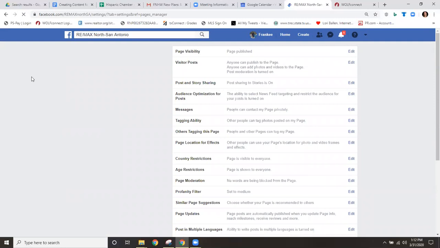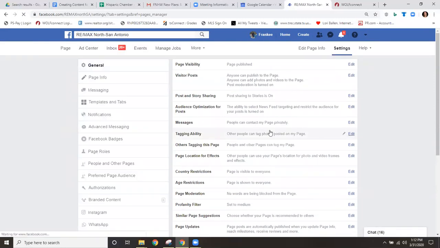As you can see, there's a lot of things under settings you can go through, and for time's sake, I won't go through all of them. But if you wanted to, you could check out some of these, posting to stories, that type of thing, if people can contact you via messages. But the part that I was just looking at under